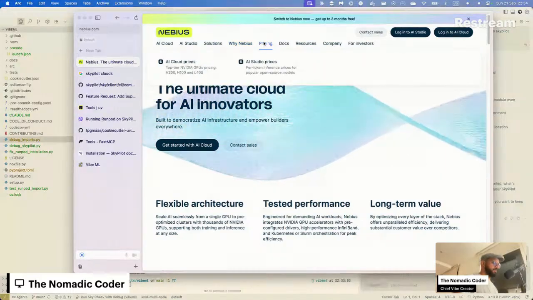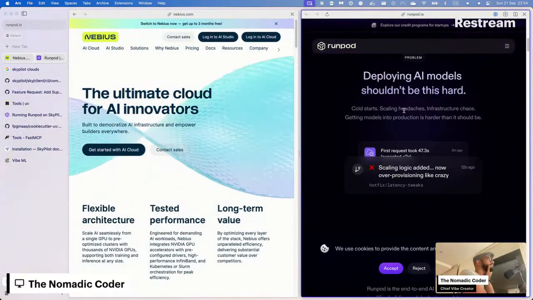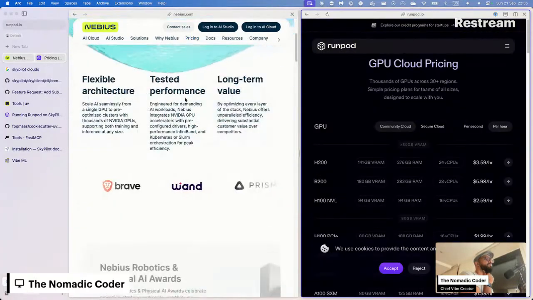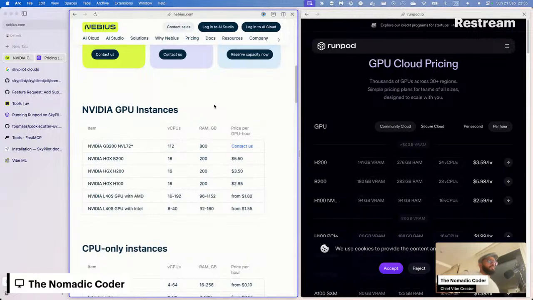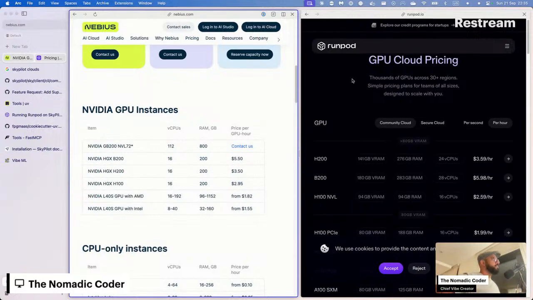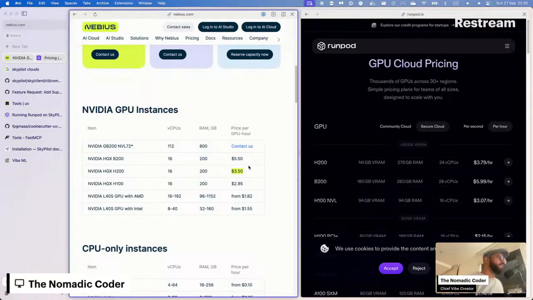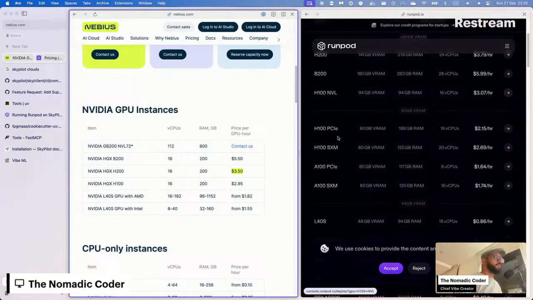Let's see their pricing. $3.79 for H200s, and they're at 3.50. Okay, H100s are 3.07 versus... Oh, they're actually cheaper.